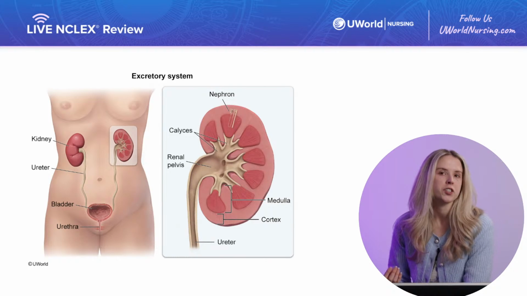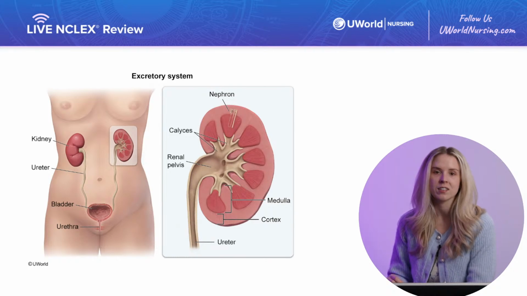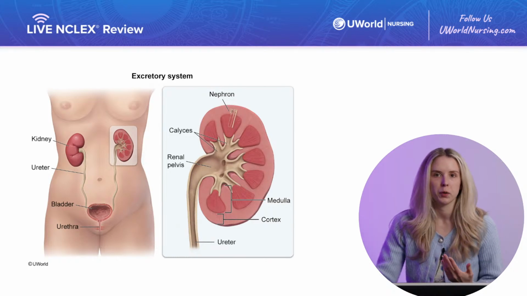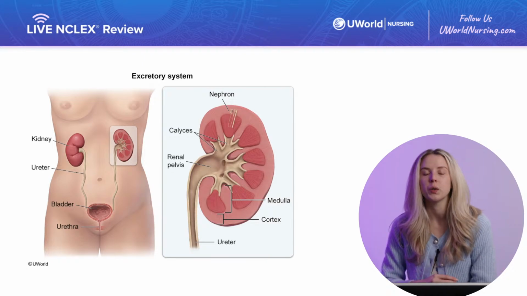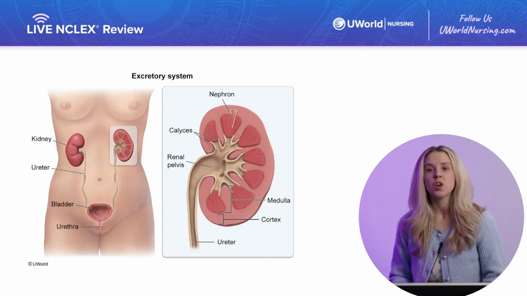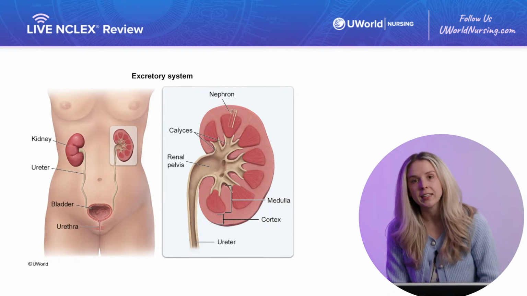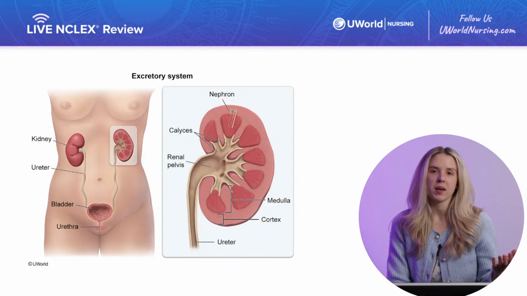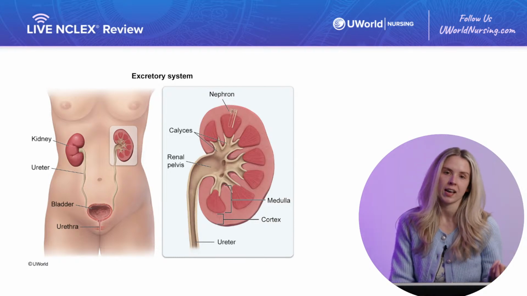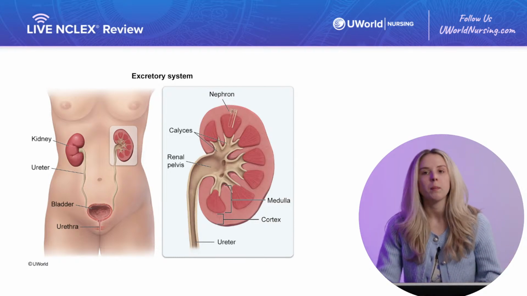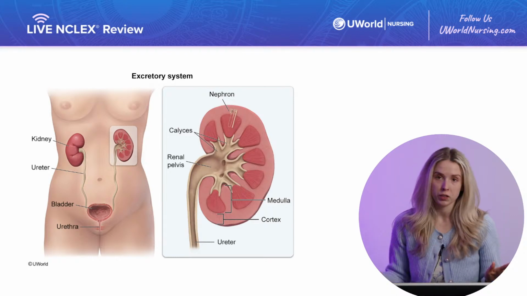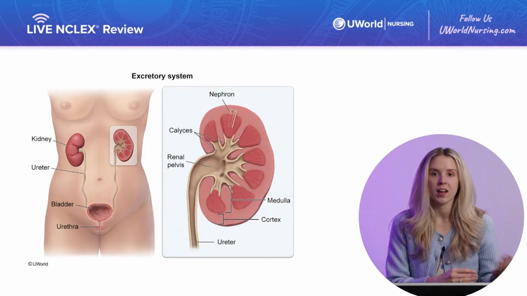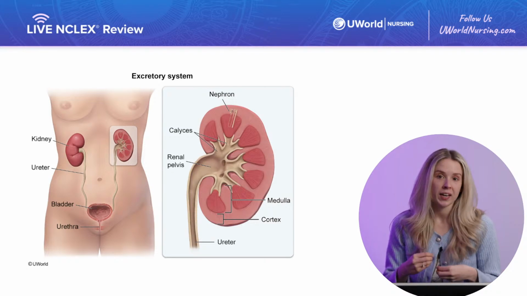You may hear it referred to as an insidious disease, or one that really just takes a long time to progress. That's really all that means. So this disease can take years to progress into end stage. We would call this end stage kidney disease, ESKD, or you may hear it called end stage renal disease, or ESRD. But it's important to remember that the damage done in chronic kidney disease is irreversible, meaning once that damage is done, there's nothing we can do to go in and undo that.